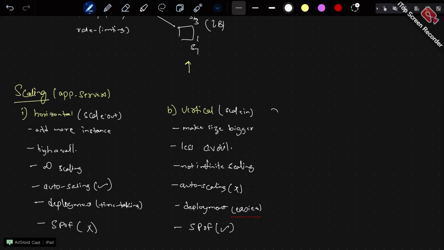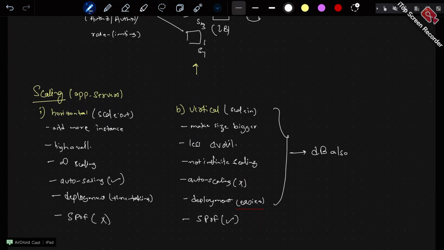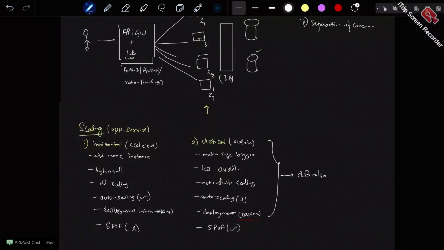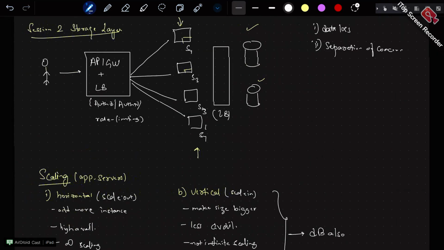The same scenario applies to the DB also. In case of databases, they also scale out. So why would your database be scaling? Do you know any reason why your database should scale? Exactly, the same reason. You are getting a lot of data. Now you cannot store it in a single node or a single database. You are going to scale that out.